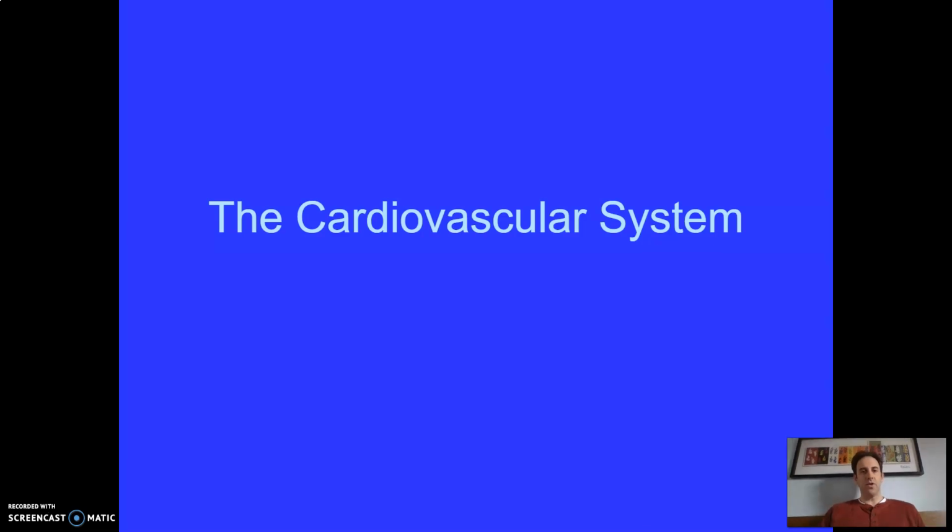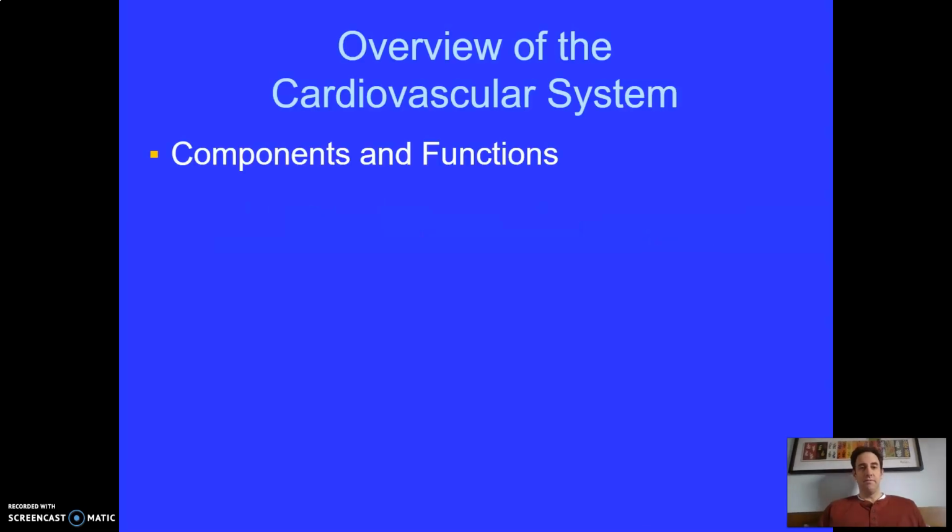So today we're going to do a quick overview of what I mean by the cardiovascular system, and then we will look mostly at one of the two components of that. And I don't want to spoil the drama because the very next slide says what are the components and functions